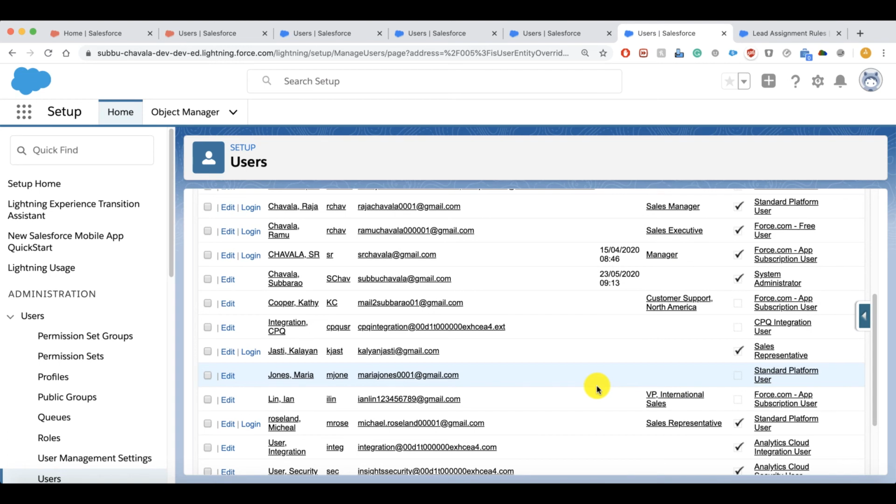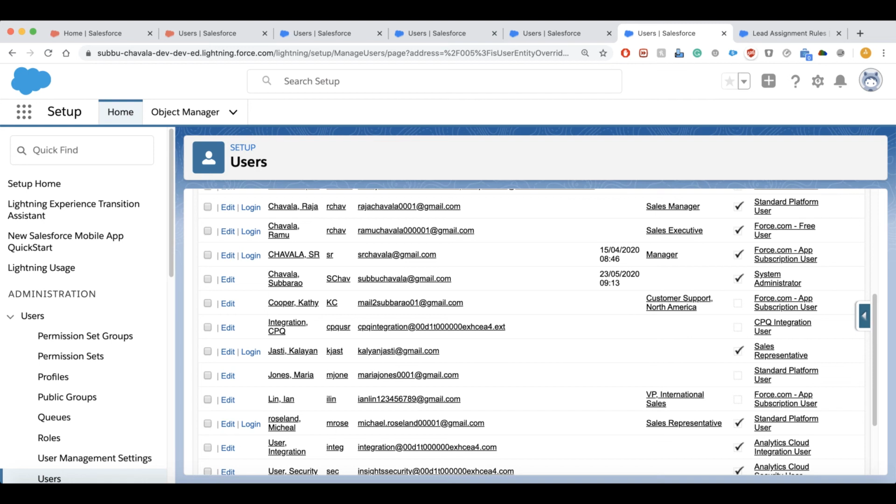Let's take an example. Here we have a user called Maria. She is assigned an app called XYZ. When she logs into the application, she is able to see the XYZ app in the apps list. But the problem is, if we haven't assigned any object access to Maria's profile, Maria will not be able to see any of the tabs there. If you want the tabs of the objects to be shown in that app to Maria, you have to set object level security or give at least read access on those objects to Maria's profile. Only then will she be able to see the tabs. Otherwise, she can't see the tabs.